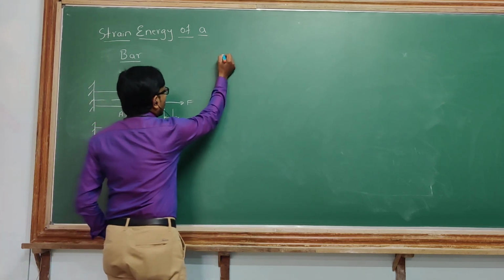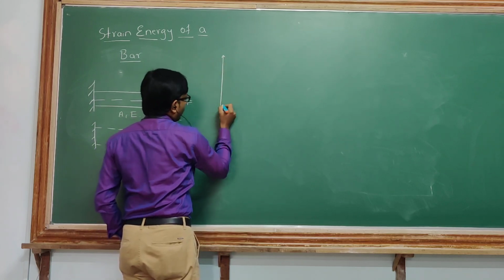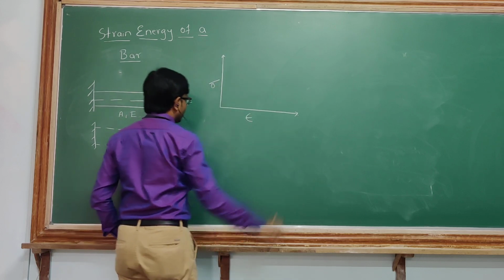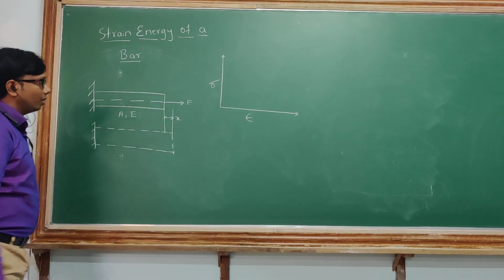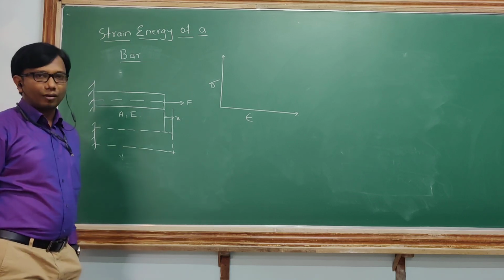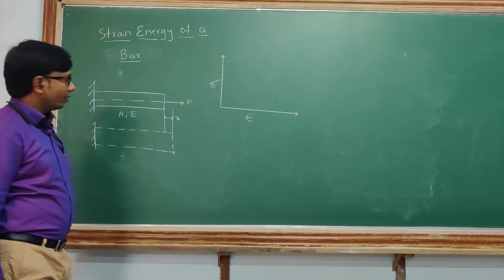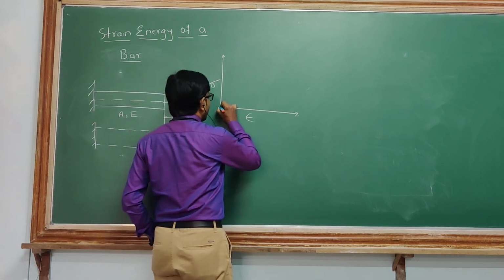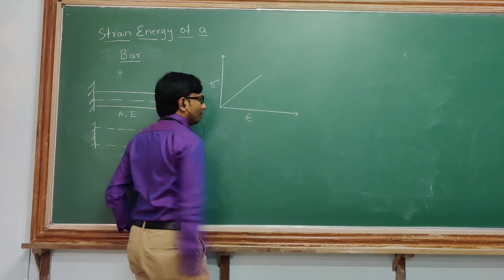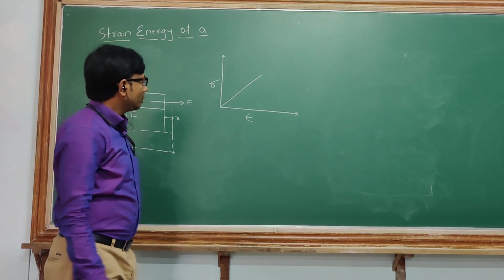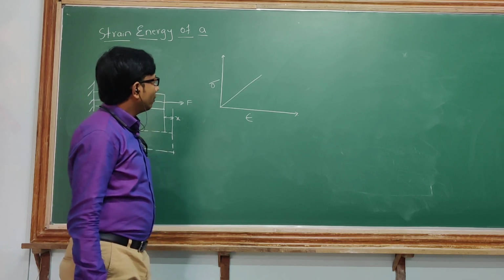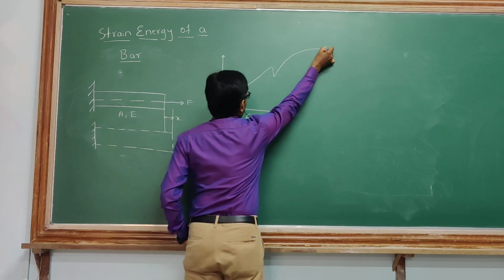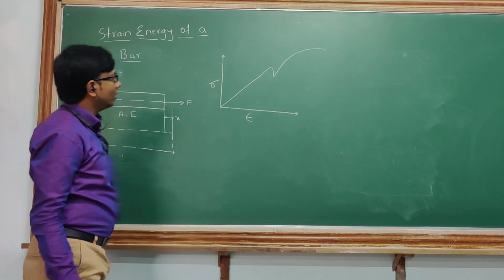If I plot the graph, which is a basic graph you have already done, a graph of stress versus strain, you have done the stress strain graph in your mom lab. In a stress strain graph, you know that within the elastic limit the line remains the same. The stress is directly proportional to strain by Hooke's law. Then it goes on changing like this. So this will be the graph of this.